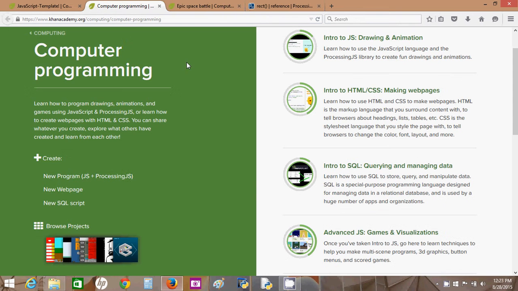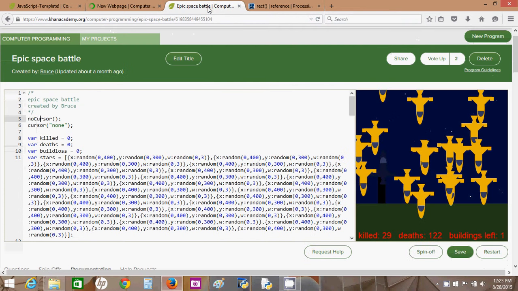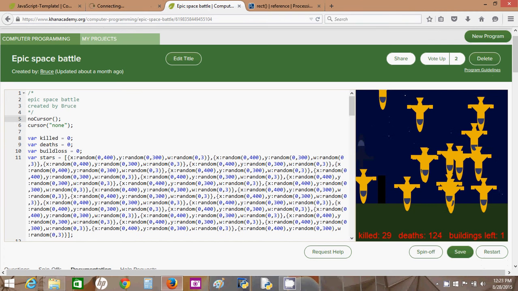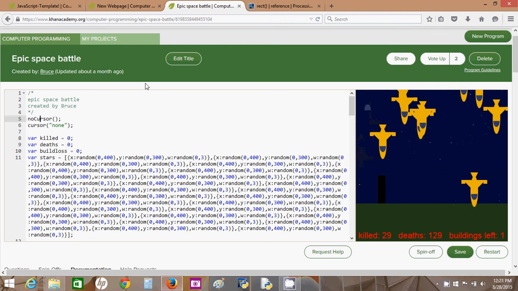And Khan Academy also has the ability to create web pages. So theoretically, you can go to Khan Academy and write this web page. You could have your compiler over here creating this, but wait a minute,